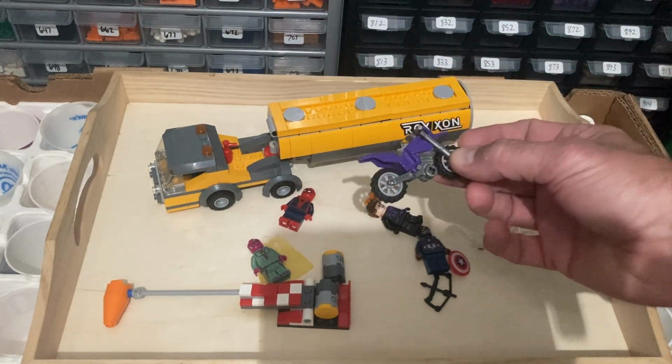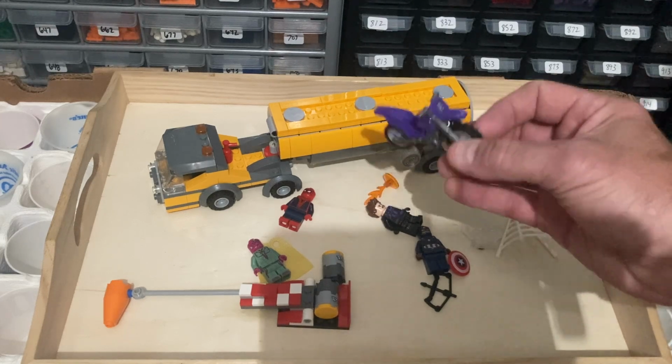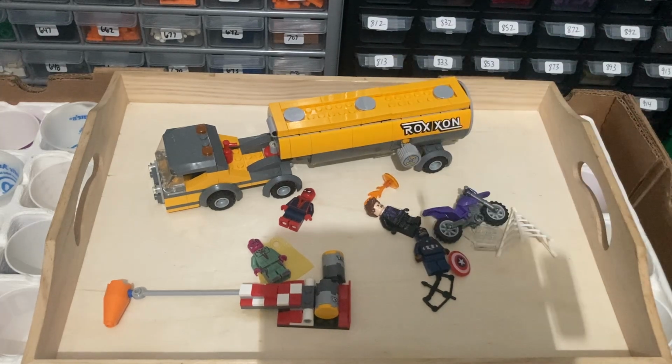When I was a kid, I used to love collecting these little motorbikes. They didn't have as many back then as they do now. With that being said, if you collect just minifigs, you can display a lot of minifigs in a little bit of space. So is it better to collect the minifigs? Maybe, if that's...